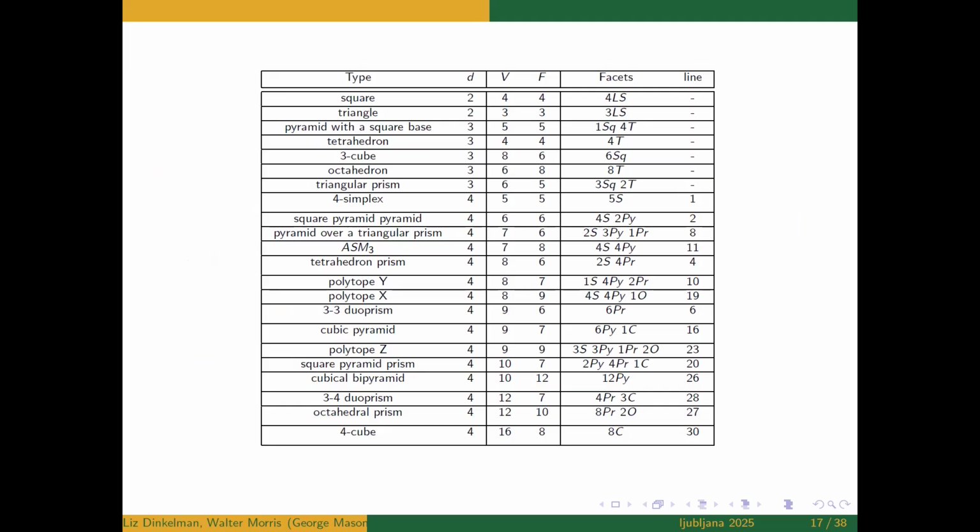Excuse me, I apologize to my British audience. I really should be saying Polytope Zed, but I've been in the United States far too long. Okay, so S means a tetrahedron, surprisingly. So there are 3 tetrahedra and 3 pyramids, 1 pyramid and 2 octahedra. Anyway,